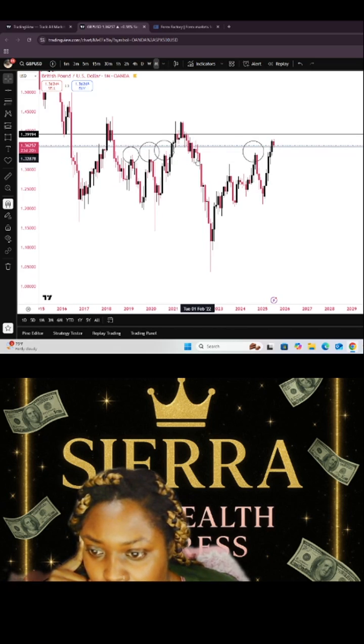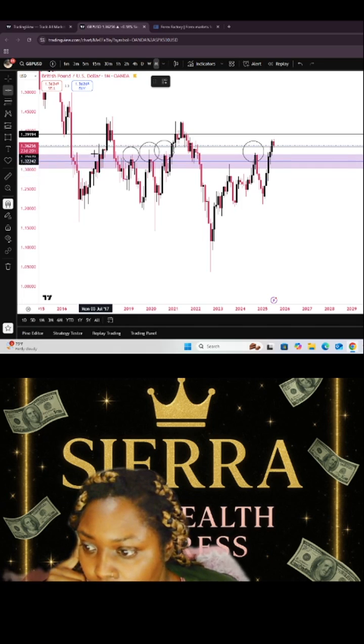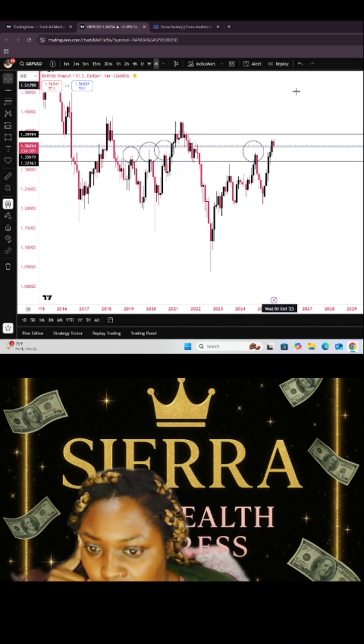And here I see a fair value gap. And then if I come over, I see an order block here, this last down move before this up move here. Okay. So I'm just going to mark this order block. All right, so if I delete that and I delete this,